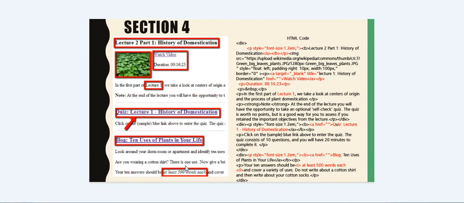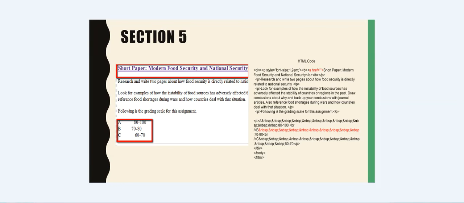The other problem here is the italicized words. These italicized words need to be in bold. I would definitely change it to bold because italics make it very difficult for people with dyslexia. On the last section,